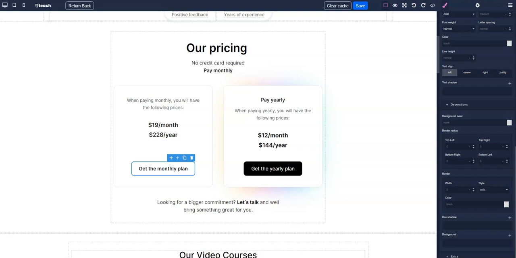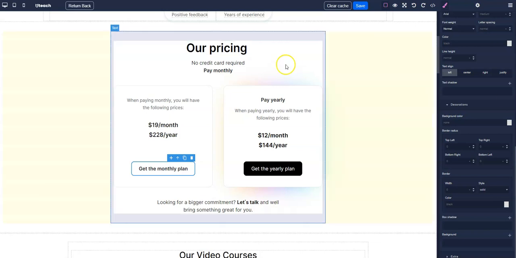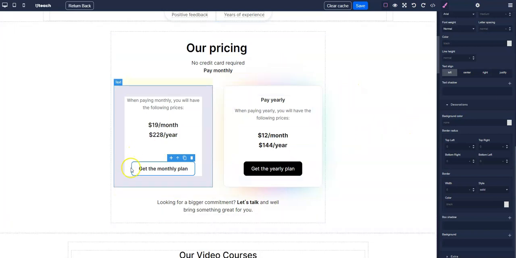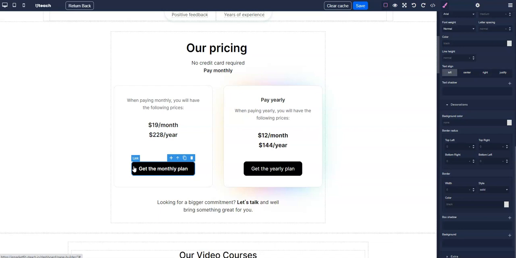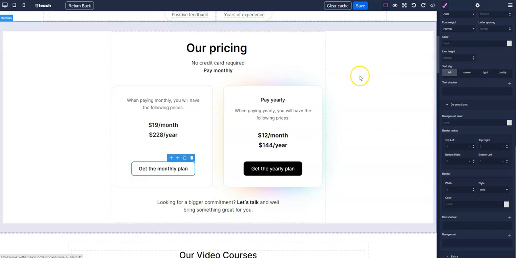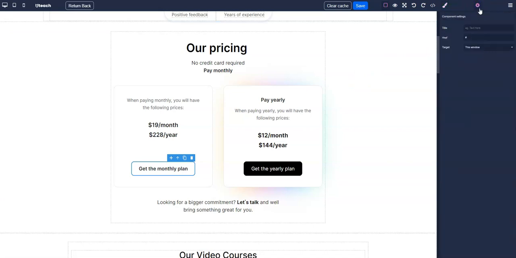Now let's learn how to insert the link on the buttons or change the background. First of all, to add a link to a button, you simply click and activate the button element. Make sure that you see the link title above it, and then click settings icon here and add your URL